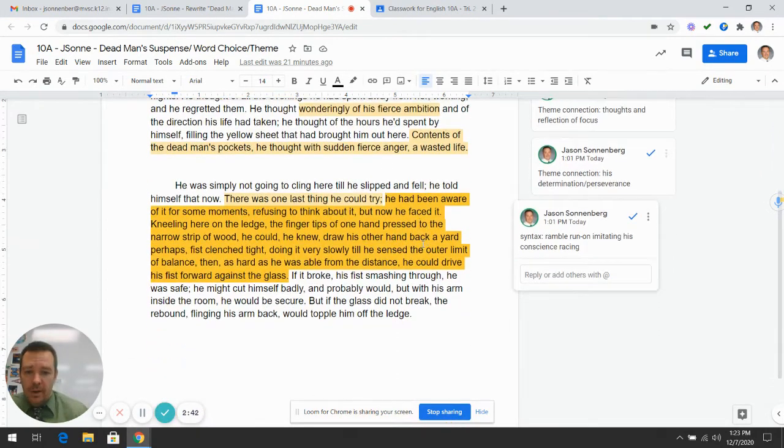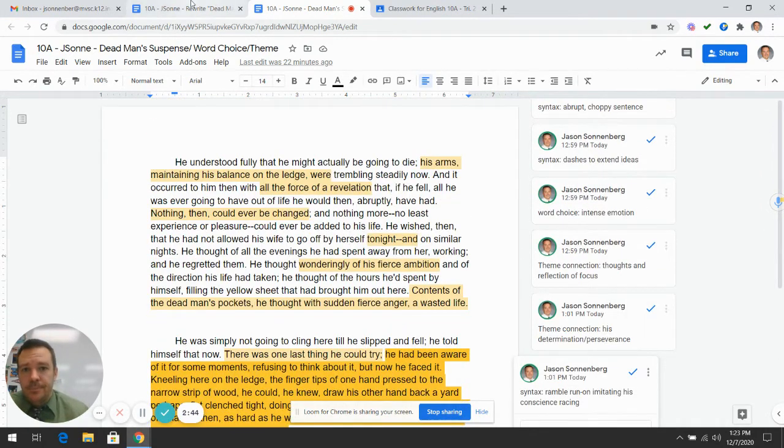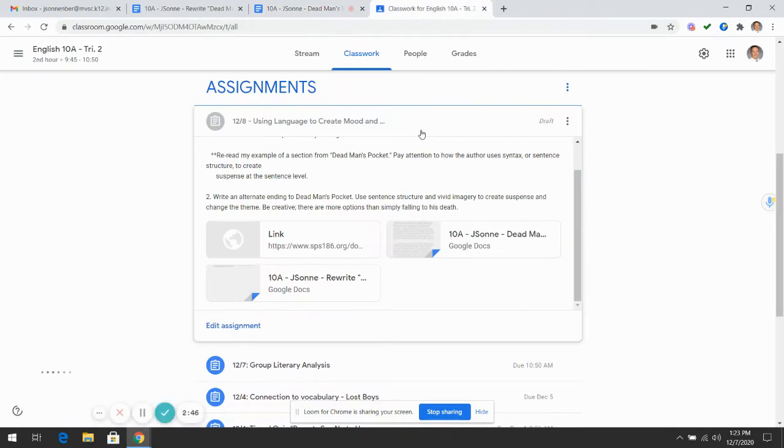Of course, you want to read over this. Your assignment will be to write an alternate ending to Dead Man's Pocket. You can use sentence structure and vivid imagery to create suspense, and the goal is to try to change the theme. We don't want you to think that you can just have him fall off. No, we want you to be creative. There are more options than simply falling to his death. So if you click the rewrite,